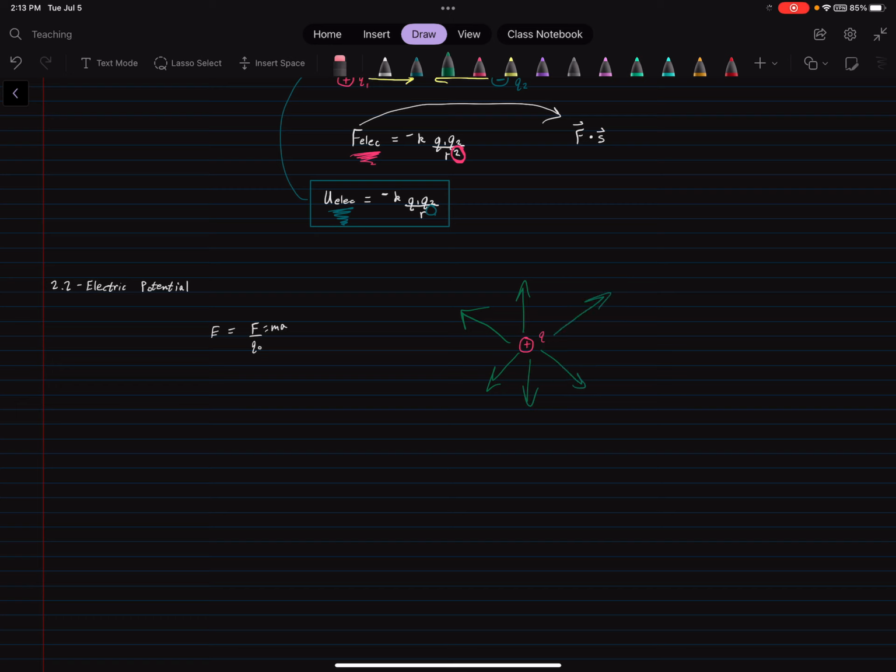We want to describe that not with reference to some other charge that would experience it, but just on its own. And so that's where that concept of a unit charge came into play. If something is per unit charge, then it's just 1 coulomb, and so it's just this quantity E